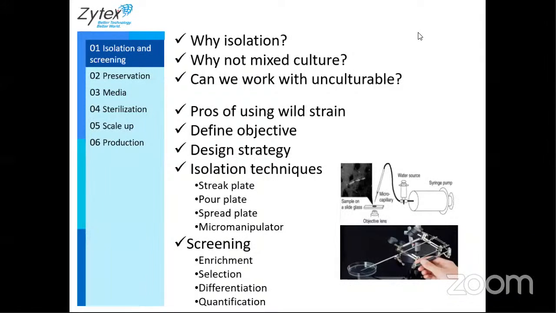Now, if mutation keeps on happening, then there can be chances of changing the genome in such a manner that it can become some pathogen. It can have some pathogenic trait and can be harmful to human beings or animals or plants to whom it is applied to. So to limit this, mostly commercialization is being done with the wild strain, because the chances of mutation in these wild strains are